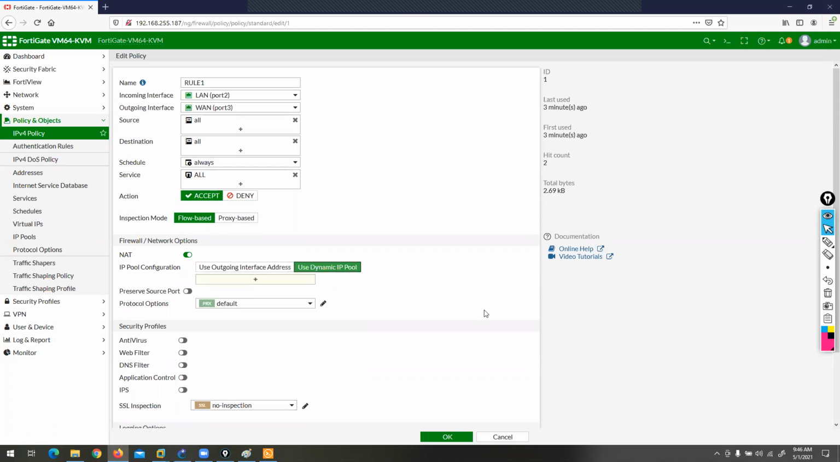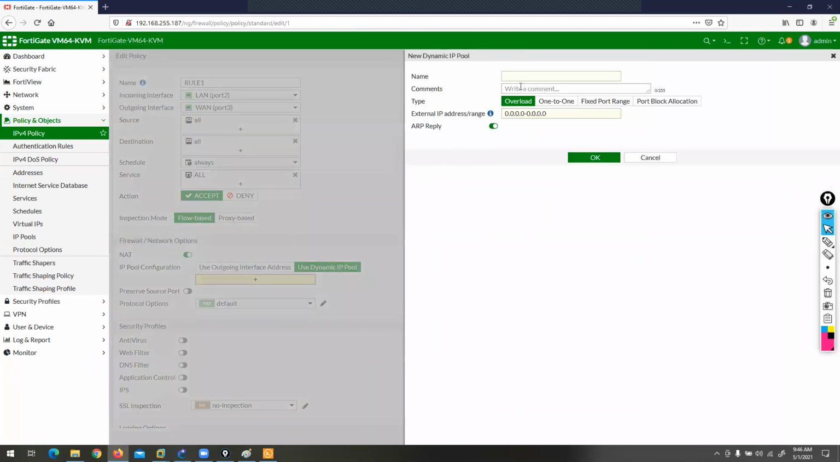Use dynamic IP pool. If you select this option and click on this plus sign, you have an option to create. If you click on create, you get multiple options in dynamic IP pool: first is overload, then one-to-one, fixed port range, and port block allocation. What does overload mean? Remember, guys, this option, use outgoing interface, lets you translate all your private IP addresses with your